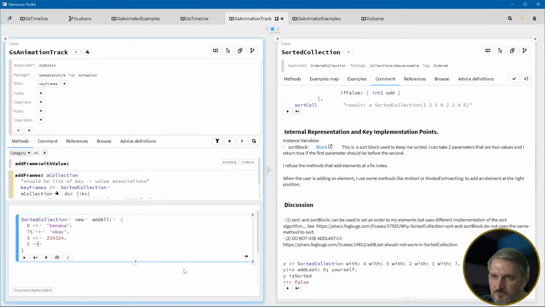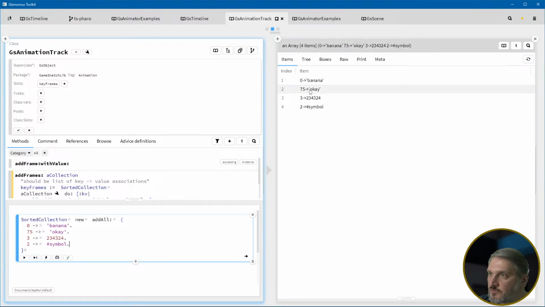We'll do two will be a symbol. All right, let's see what that does. We say sort by, I think it said. Sort using A, B. Sort collection, let's